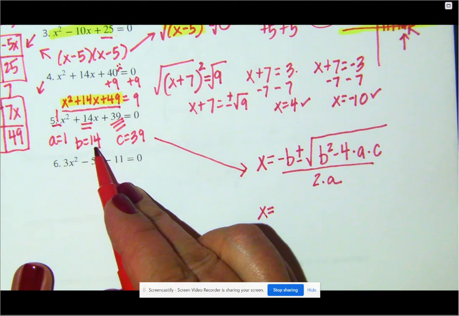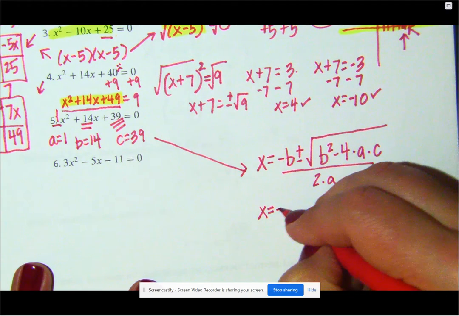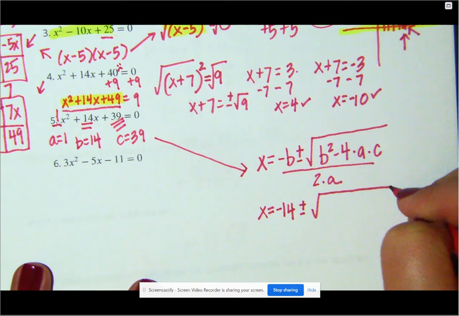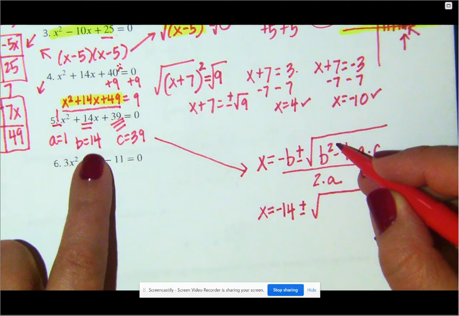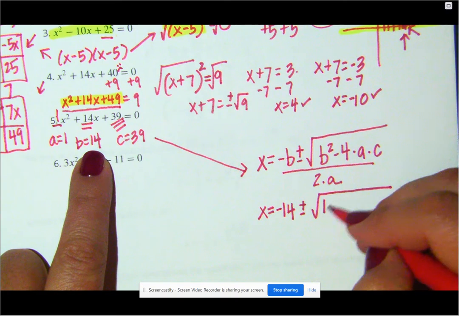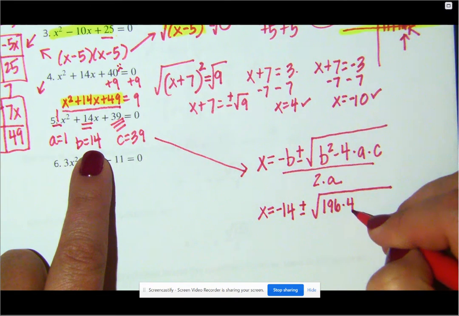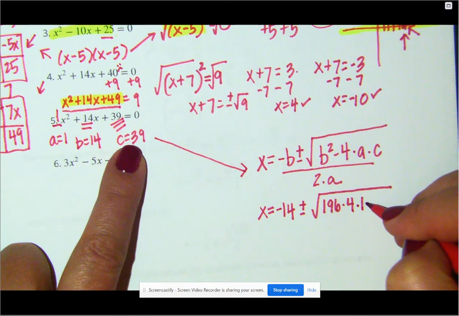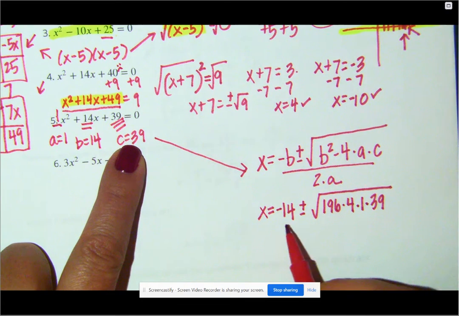My b is 14. That says to take the negative of it. Plus or minus the square root of b squared. 14 times 14 is 196, minus 4 times a, which is 1, times c, which is 39, all over